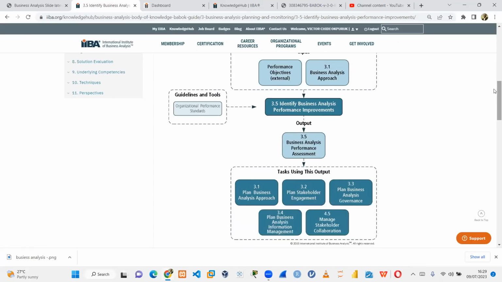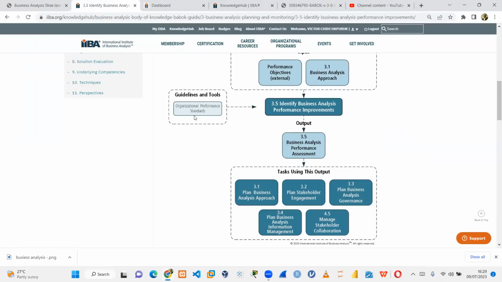Then some of the things we're going to have at the end of the day are our plan business analysis approach, our plan stakeholder engagement, our business analysis governance, our stakeholder collaboration, and our information management analysis. Then we're going to be using organizational performance standards, right? I'm going to talk about this. So we have what we call